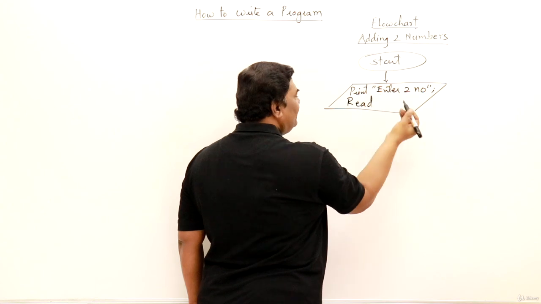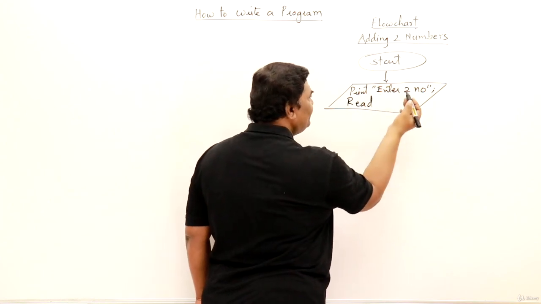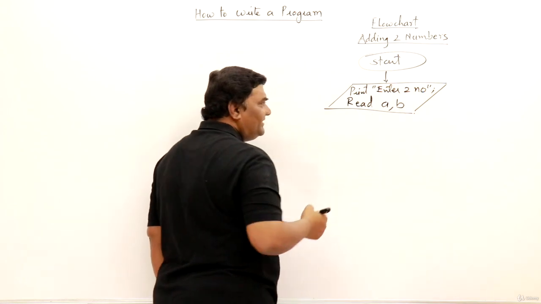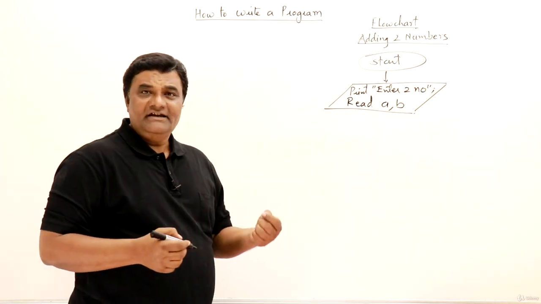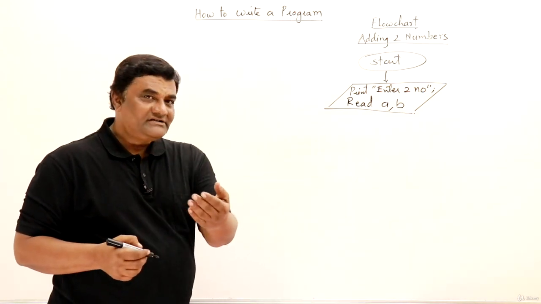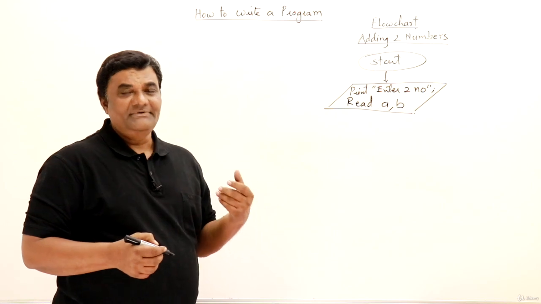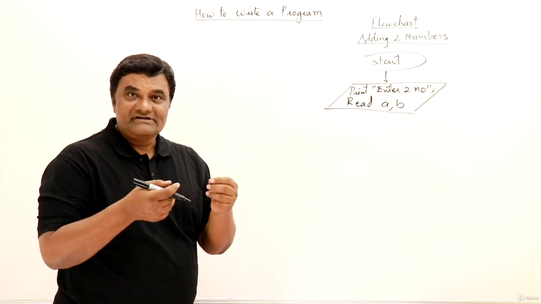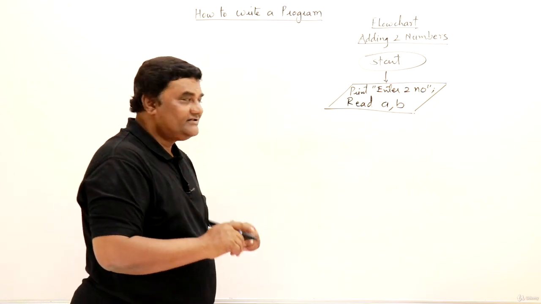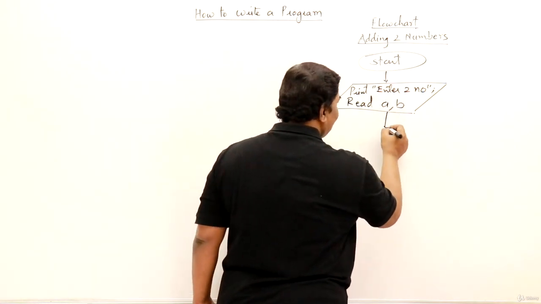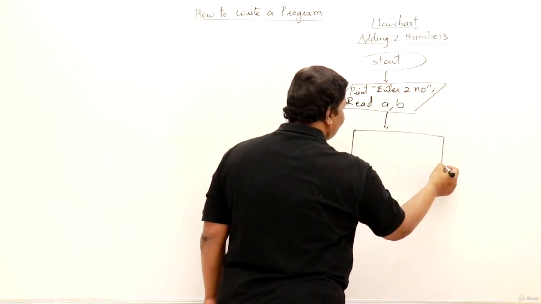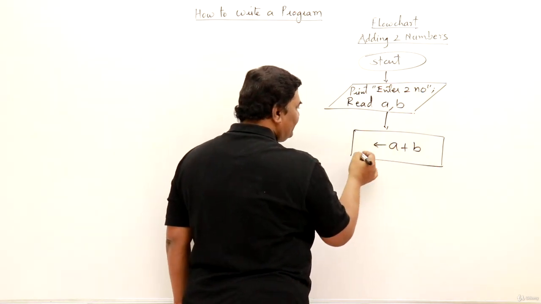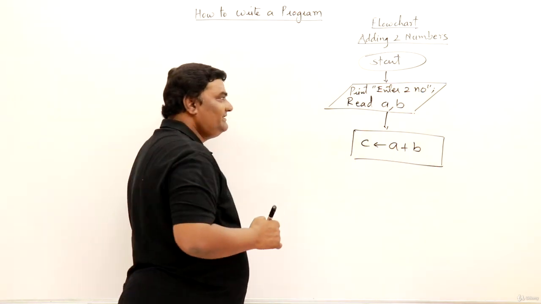So read. I will read these two numbers, whatever numbers you have given, and I will give names to them. So these are called variables. So I will take them in A and B. Now the first number is in A, the second number you have given me is in B. Now I have two numbers, I can add them. So I can process. So for process, a rectangle is used. So the next step is a process. So a rectangle is used. So I should add A and B and the result I should store in some other variable. Now it is in C.